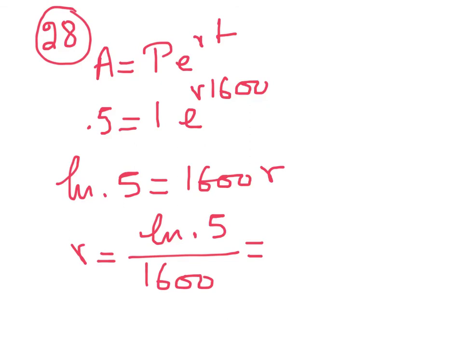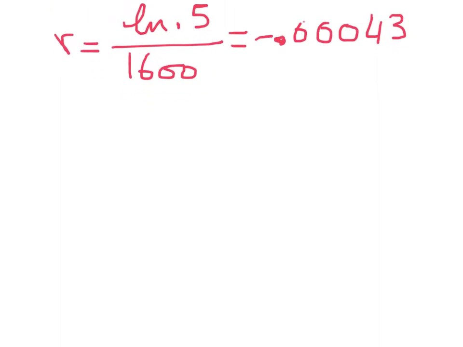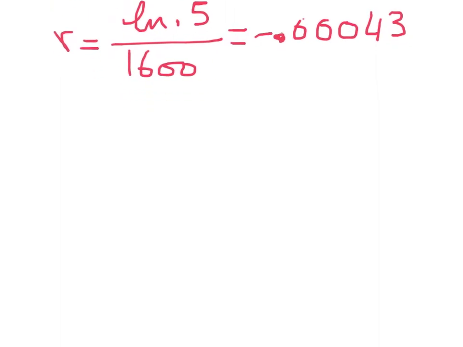and so that's going to give us negative 0.00043. As you can see, I did 5 decimal places just for accuracy. I have too many zeros. And so now to answer the question, it says, what percent remain after 300 years? So now what I want you to do, use the Pert again,